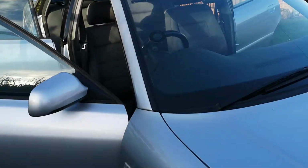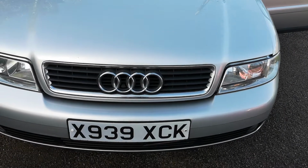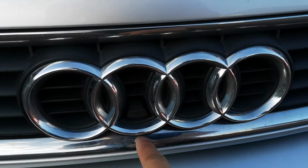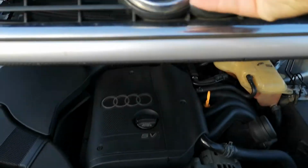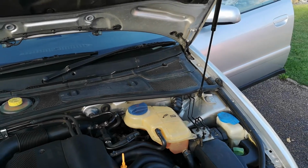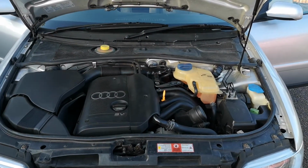Got all the doors open now, and these are quite interesting, how you open the bonnets. If you've ever opened the bonnet on one of these old Audi A4s, you're not scrambling around under here, you're not doing this, that and the other. Out of the ring pops this lovely little tab, and so I can do this whilst I've still got you. We open the lid. It's on a gas hydraulic strut. Now, the chap did say that the hydraulic strut is a little bit temperamental, so I'll try not to get my head under there. And there it is, the 1.8